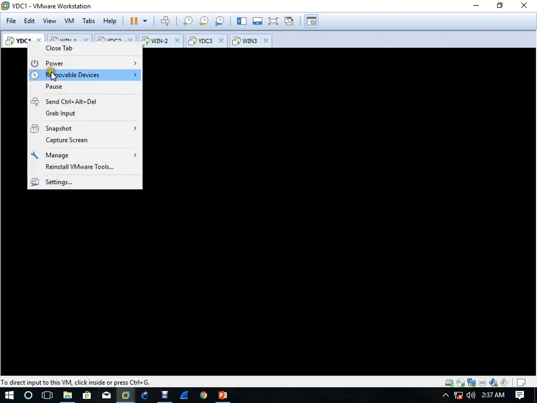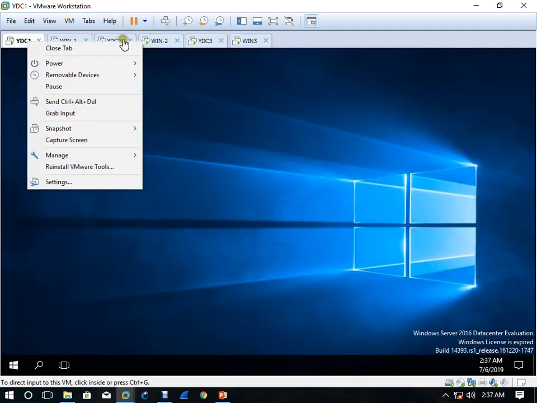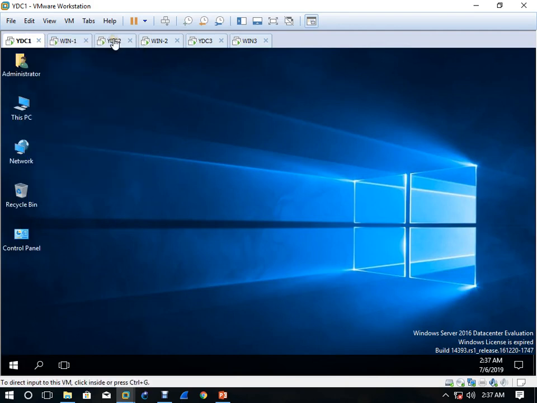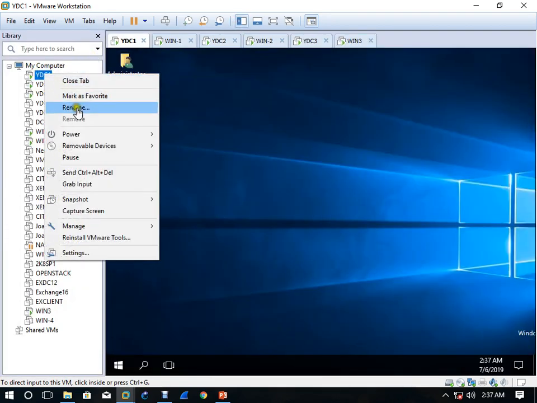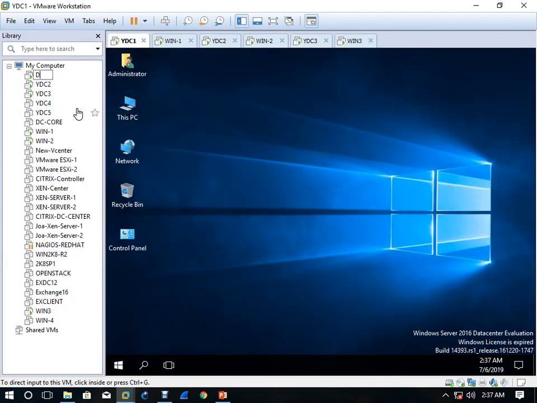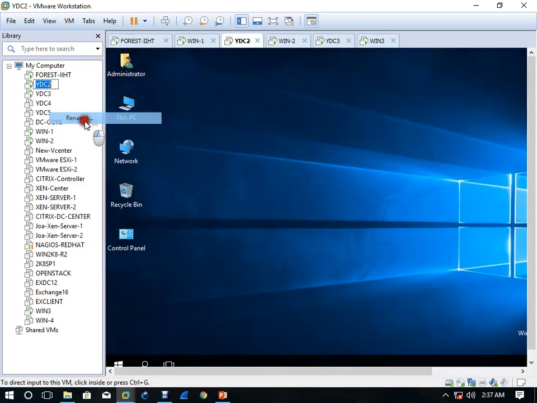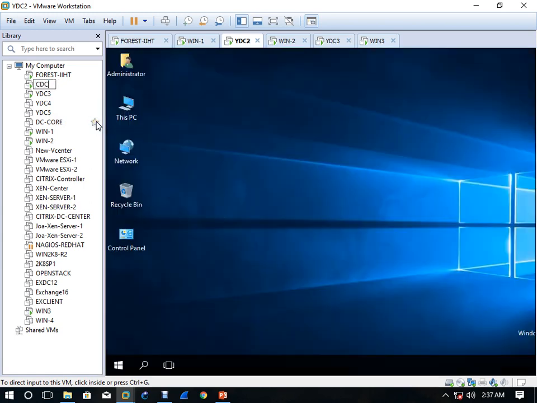So I should rename it, so it will be better for you. Let me rename it so there will be better understanding. This is my forest, dash IAHT. This is my CDC of IAHT.